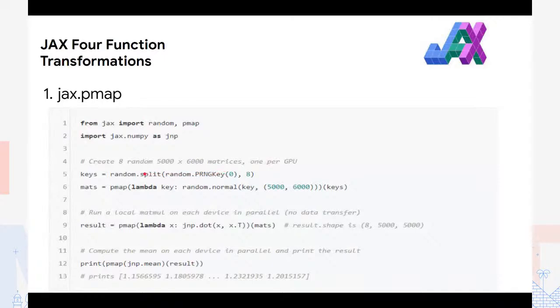And of course, the resulting matrices are stored in this maths variable. If we want to check the dimension of this maths variable, we have 8 because we have 8 devices, so it will be 8 by 50,000 by 6,000. Fine. And now here we're using another pmap function to perform this dot product between each matrix